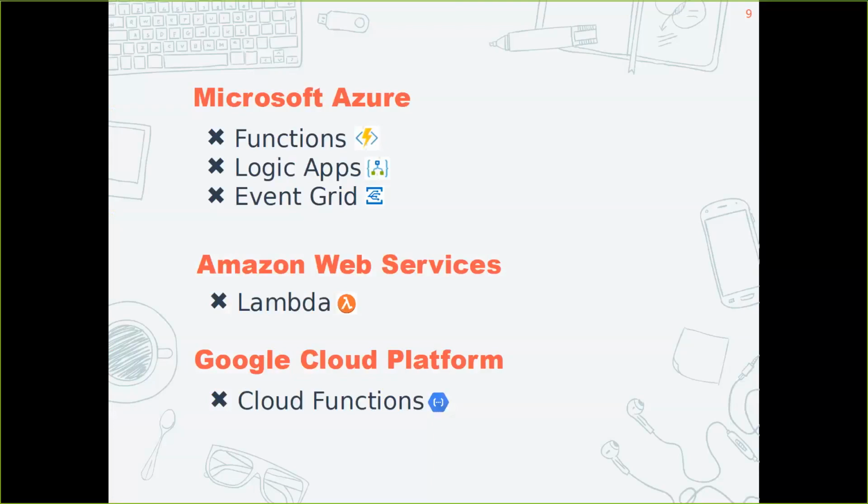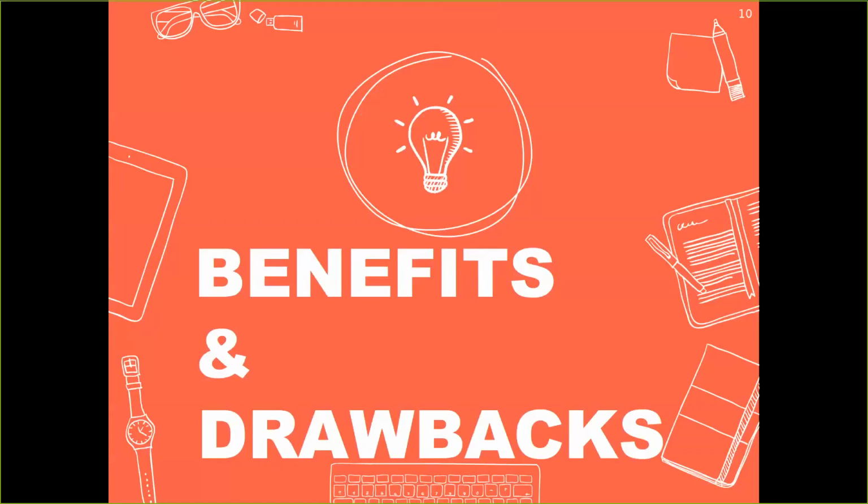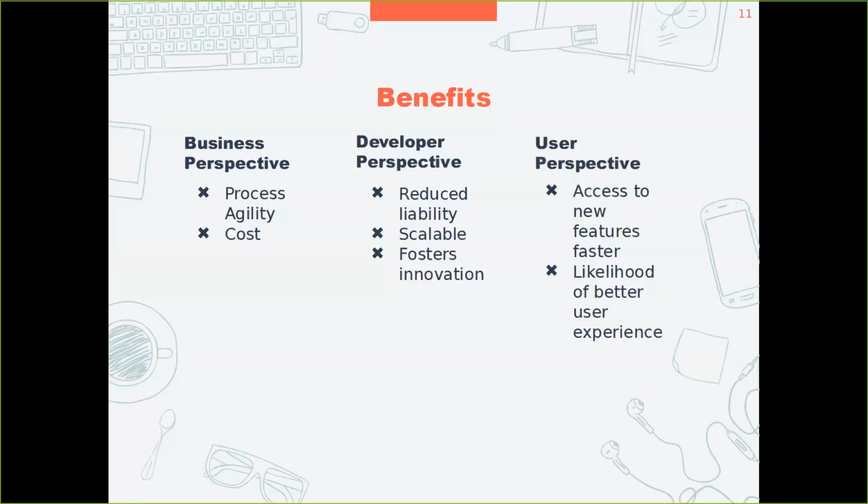So I'll go to the benefits and drawbacks. What we were talking about so far was IaaS, PaaS, and BaaS, Backend as a Service. I'm going to take you through the benefits first, and then the drawbacks. I've clubbed them into three columns: business perspective, developer perspective and user perspective. That's thanks to Harsha's feedback last time, where he was asking what the use of it is from a business perspective. Okay, fine, great.